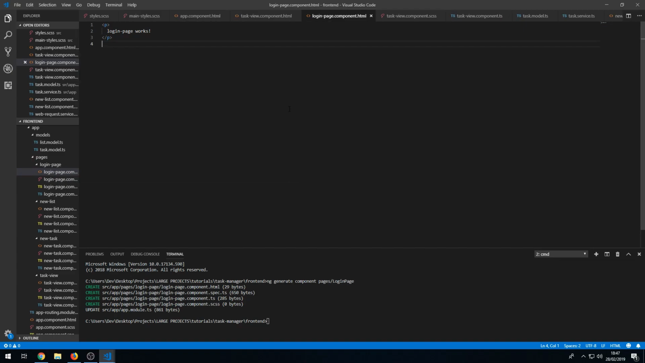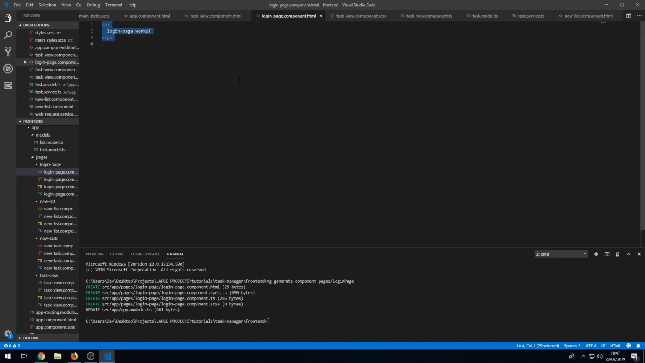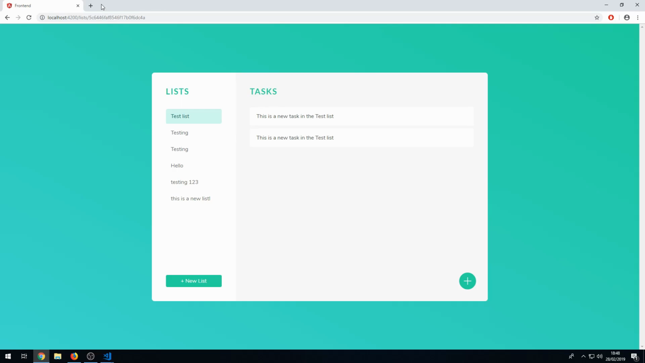Okay, and here we now want to create a centered div which will hold the login form. So the first thing I want to do is go to the new list component, because we had a centered div there, and it's called centered content, so that's what we want to create. So let's go back to the login page and create a div with class of centered content, and in here we will have the login form. So I'll create a class of login form, or login box actually. There we go. Save that,